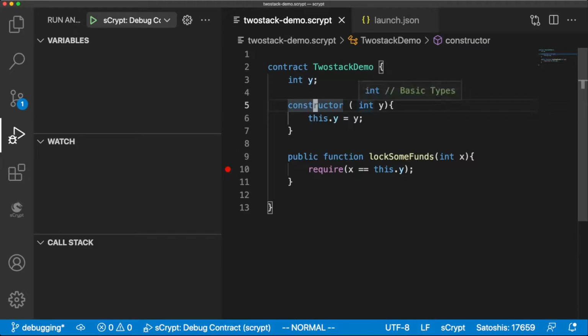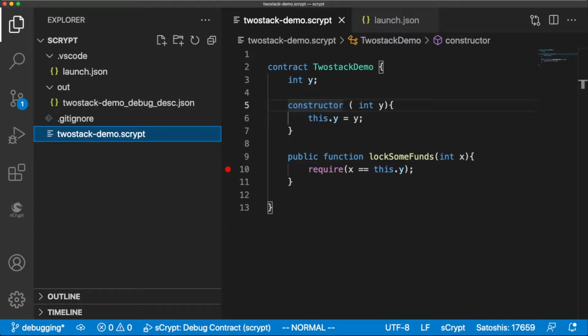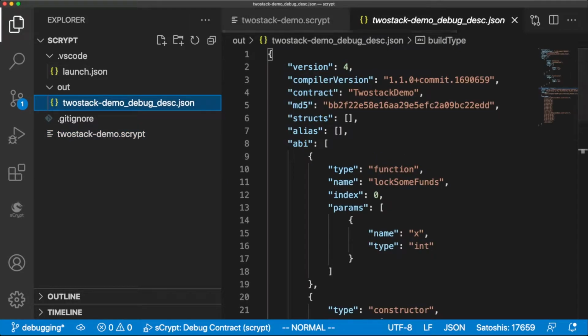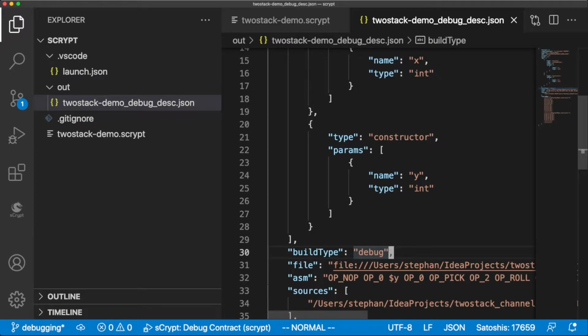Okay, so now I've run it all the way through, and we can see that we've basically just run it all the way through at the moment. So that was debugging it. There is one more thing that I want to talk about, this debugging and the launch configuration. I'm going to go back to my Explorer, and I'm going to remind you that when I compiled my contract, I generated this JSON file here, right, which is called